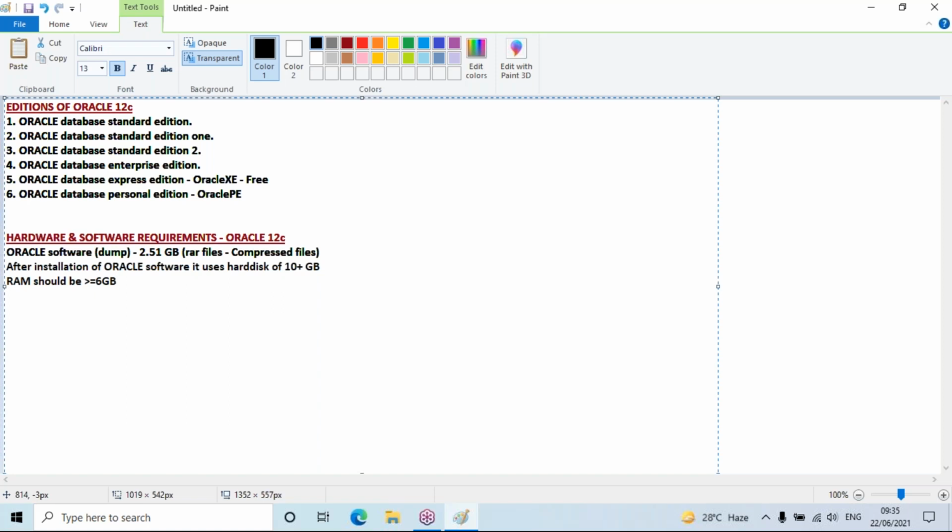Now, before I go, let me highlight this also. Few students come up saying that they have RAM of only 4 GB. Fine, it works. 4 GB also works. But slowly it will work. When you write queries, it will run those queries very slowly.